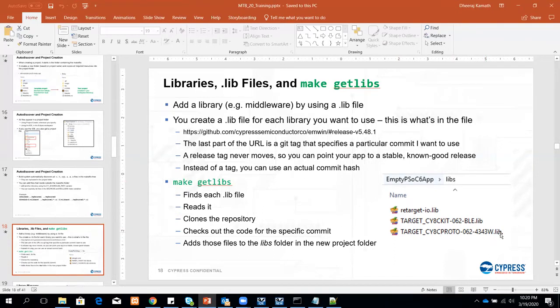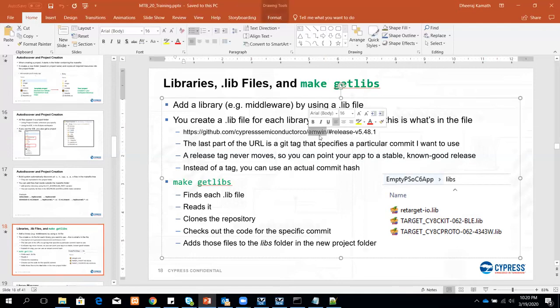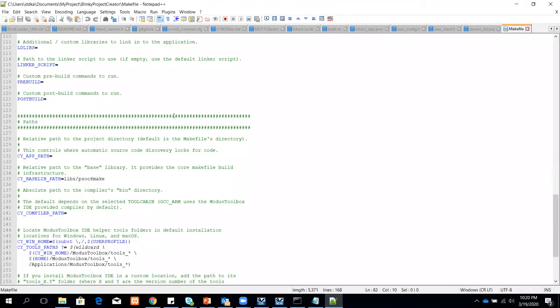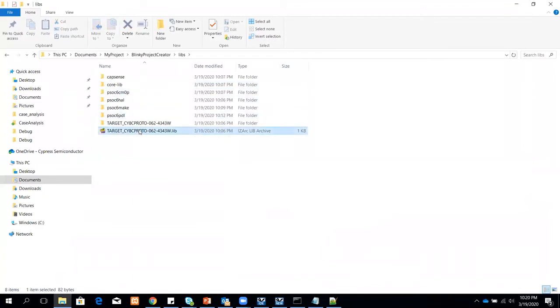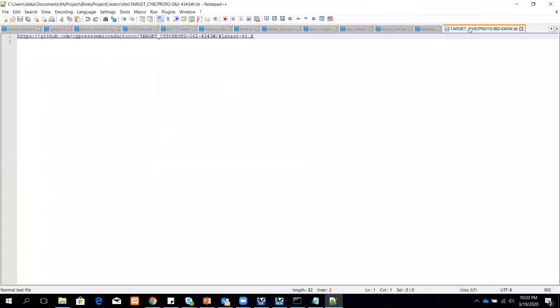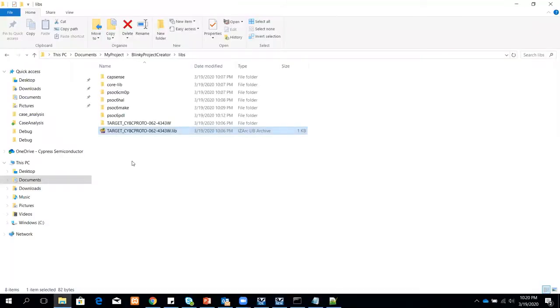Okay. So what does the .lib contain? The .lib is basically pointing to a GitHub repository and a particular repository that you want with the release version. Okay, let me just open it up for you so that you get clarity on what I'm talking about. So if I open up the bsp.lib, then you'll notice that it is a link to this particular BSP, and we are fetching the latest version of it by default. Okay. Now, when you create a project, you won't get all of this.